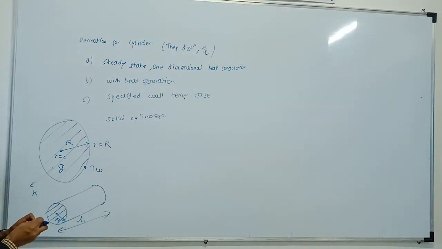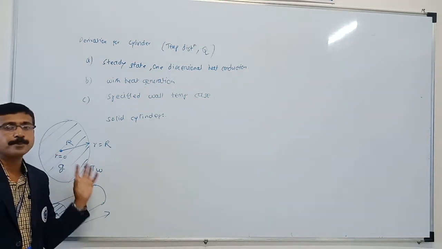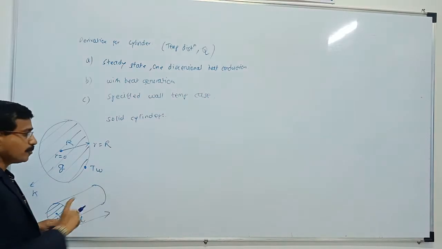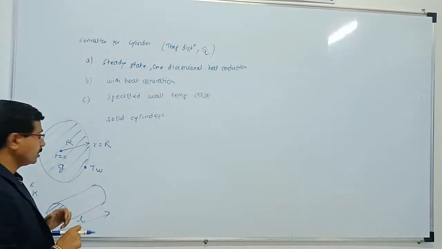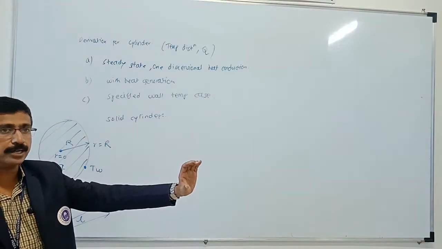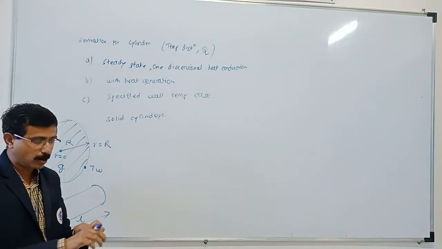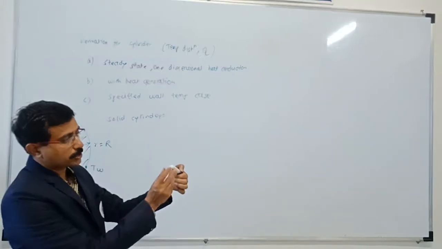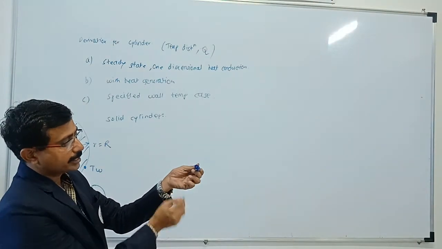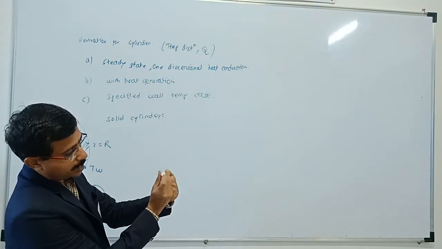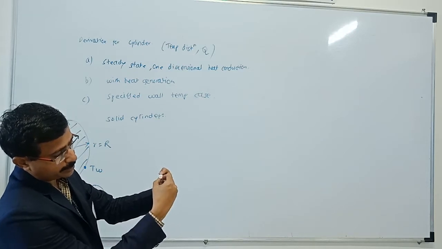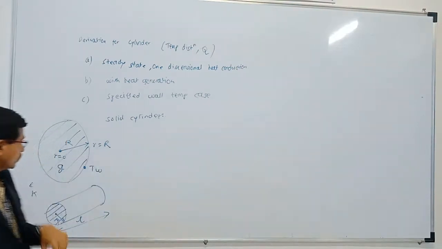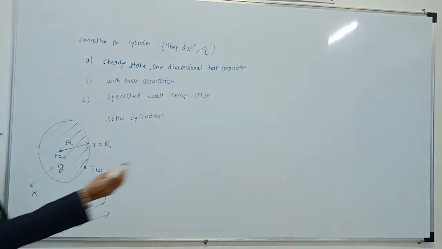Okay. Now just take an example of one pipe. But it is a solid rod. Rather than calling it a pipe, I will call it a rod. Just say this is a pen, which you are considering as a solid pen. It has a radius R is equal to capital R. Okay, here radius is R, and you are looking on this side. So this is the figure what I have shown, and it is generating heat.